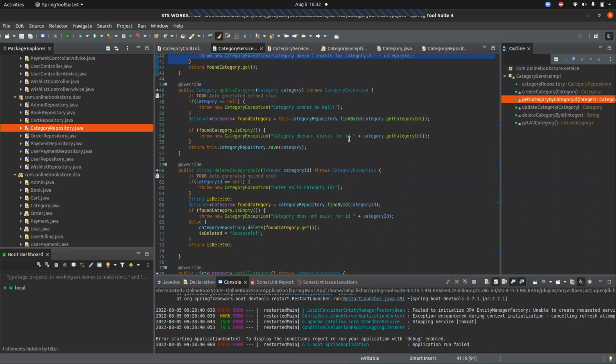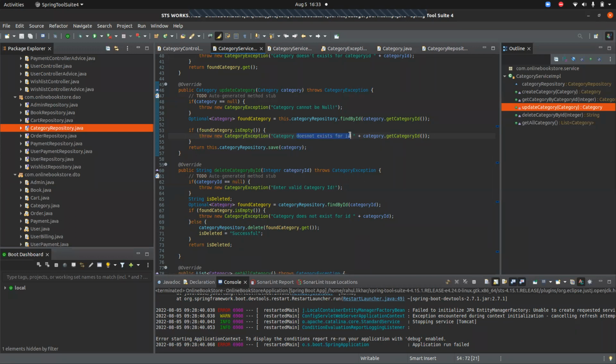Okay, the customer is trying to update. So you need to say that the ID for updating does not exist. Okay, sir. I'll just add "category that you're trying to update does not exist." Ah, very good. Can you just customize it? Because you have to give a customized message to the customer. Yes, sir. Change it.